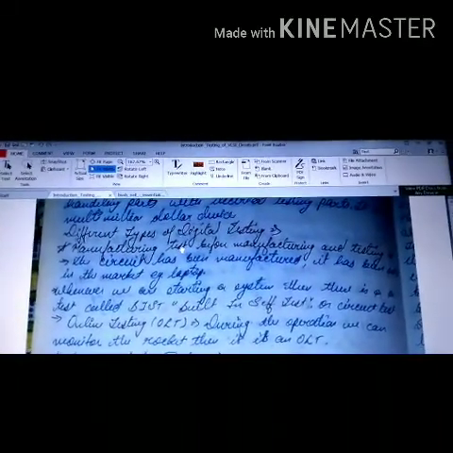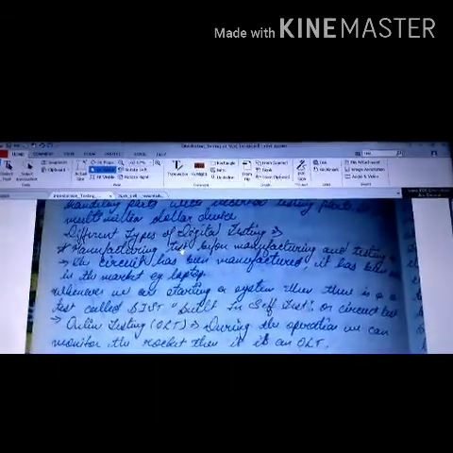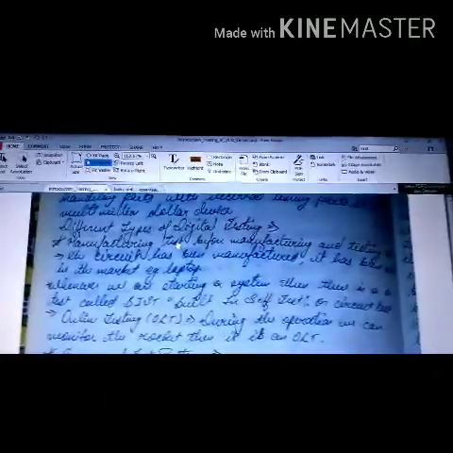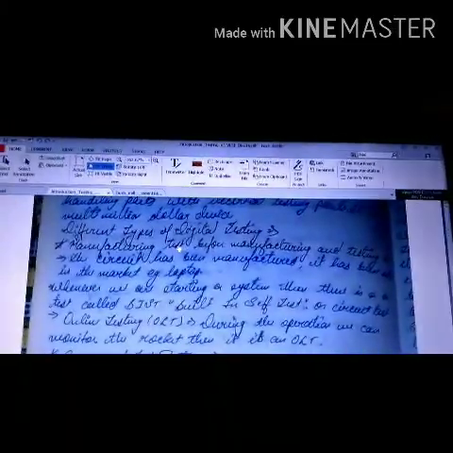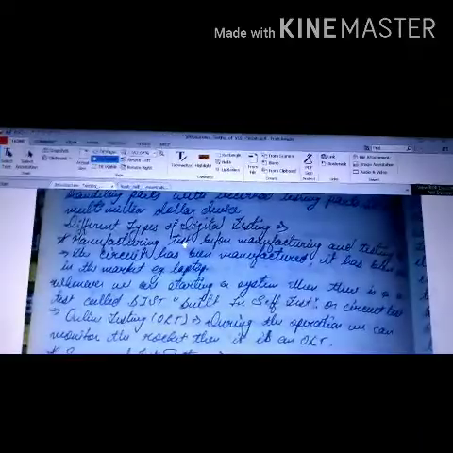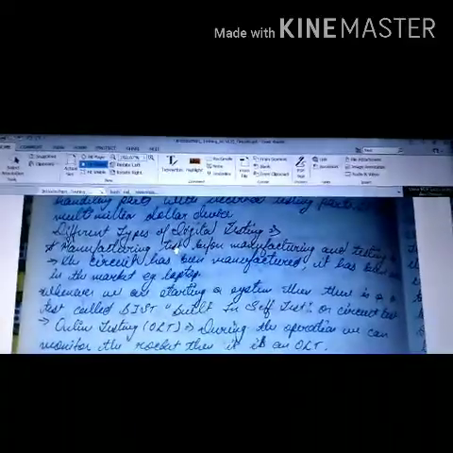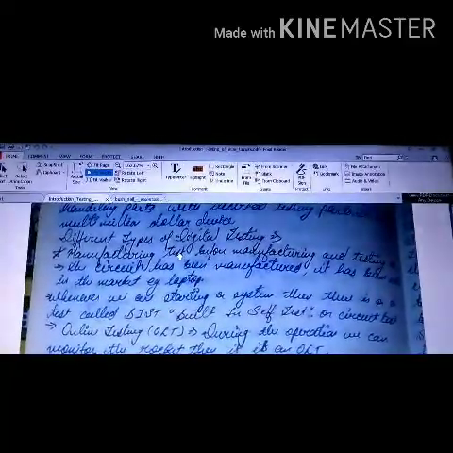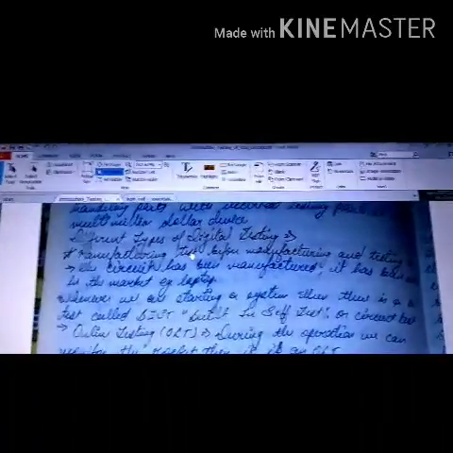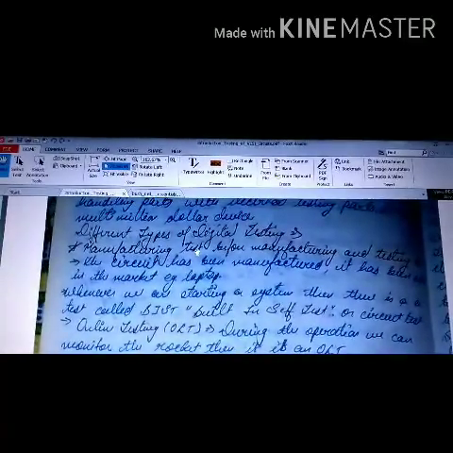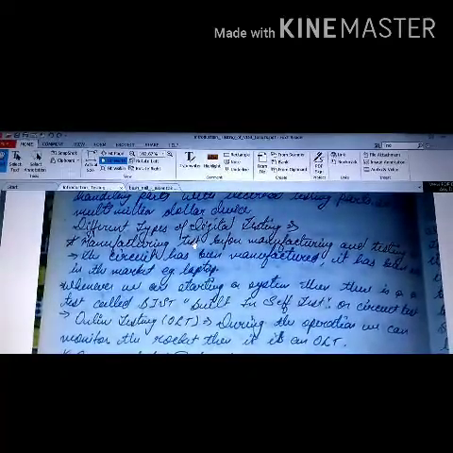Now the circuit has been manufactured and it has been sold in the market. For example, we have a laptop or a mobile phone, and it has been sold in the market. The manufacturing test is a type of test which includes built-in self-test. Each time we reboot a laptop or start a laptop, or we switch off and then switch on a mobile phone, there is an inbuilt test in this. This test is known as BIST, that is built-in self-test or on-circuit test.